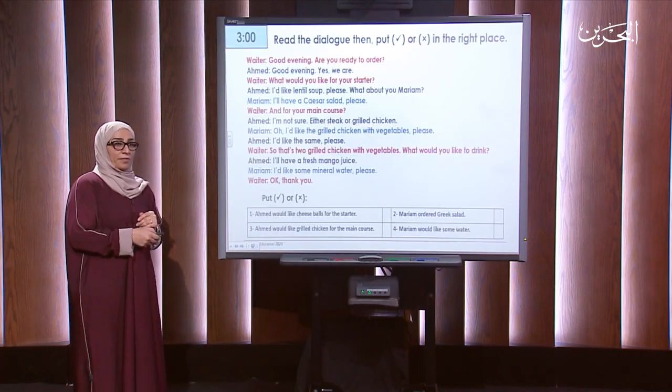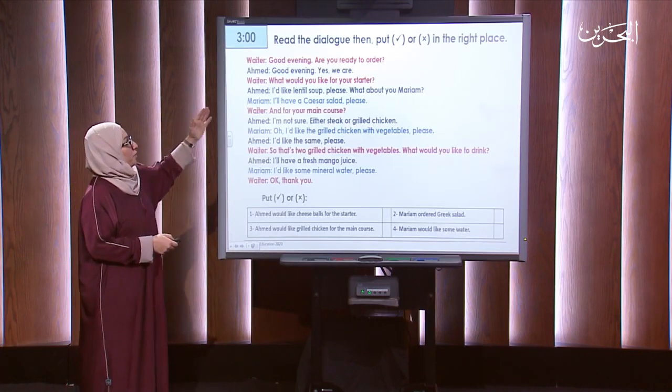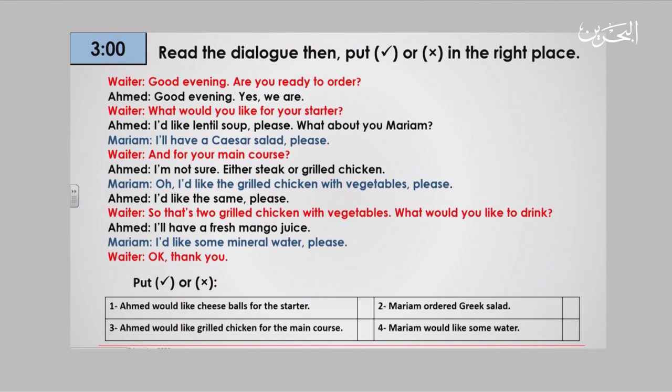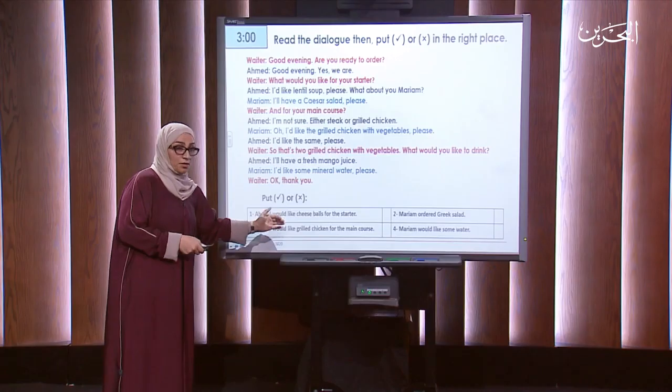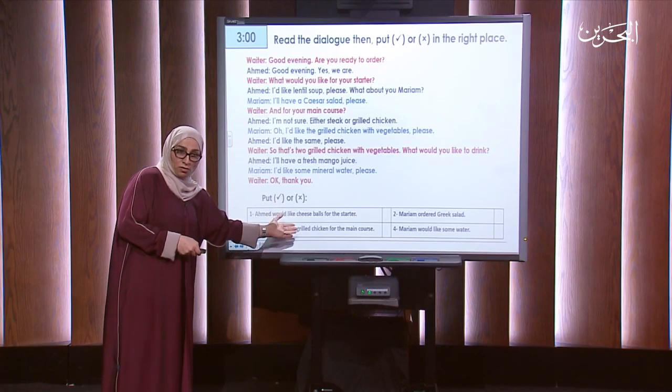Task 5. Here you have a dialogue. Read the dialogue, then put a tick or a cross in the right place. You have a dialogue between a waiter, a person who works in a restaurant, and Ahmed, who's there in the restaurant. There is a dialogue between them. I'll give you 3 minutes to go through the dialogue and find out if these statements are false or